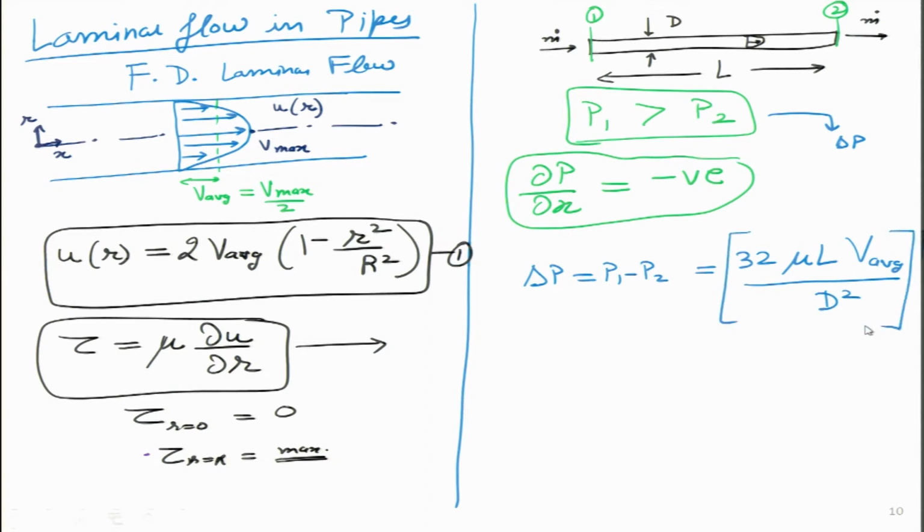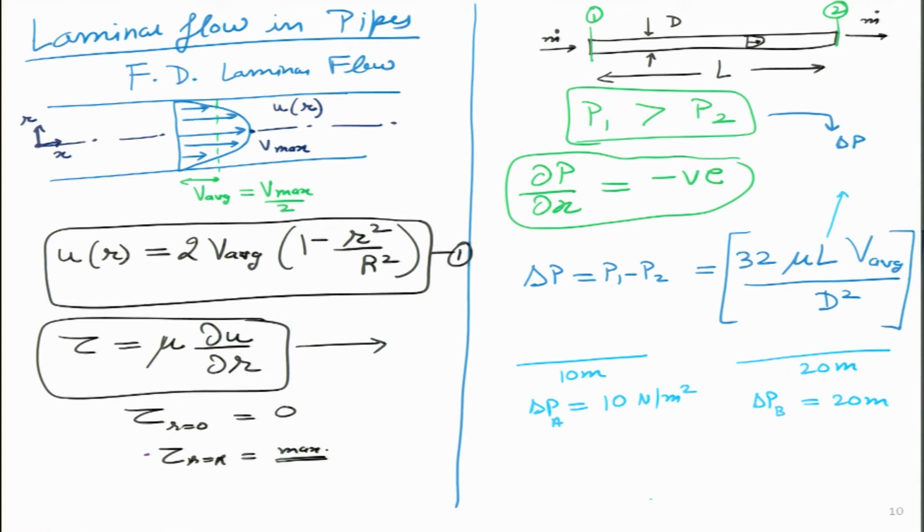And this is a very interesting expression, because from here we can see a lot of interesting things about delta P. It depends on the linear power of L, which means it is not L square or L cube, it is directly proportional to length. If in a 10 meter section my delta P is, let us say, 10 Newton per meter square, and I double this section to 20 meters, then calling the first case A and the next one case B, my pressure drop will increase proportionally, so it will become 20.